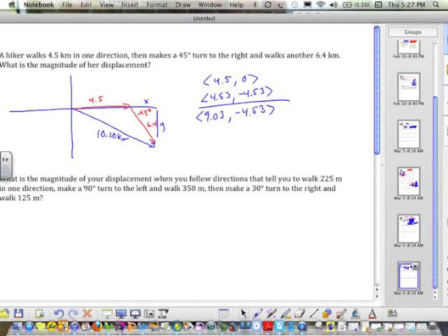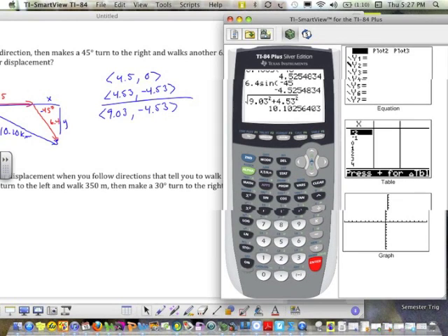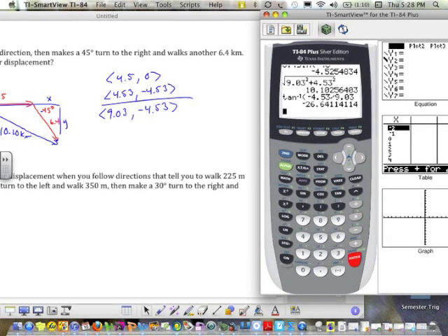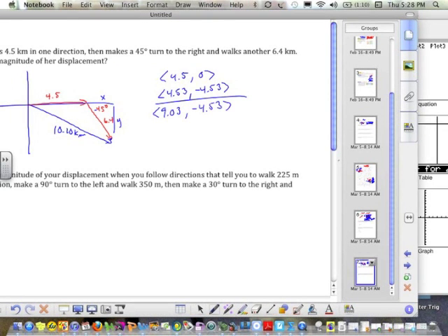And if we had to send out a search party for this person and they wanted to know what angle to head at, we could do the inverse tangent. So inverse tangent of negative 4.53 divided by 9.03. And it tells me negative 26.64 degrees. So this angle right here, notice, and it is negative, it's in the down direction, is negative 26.64